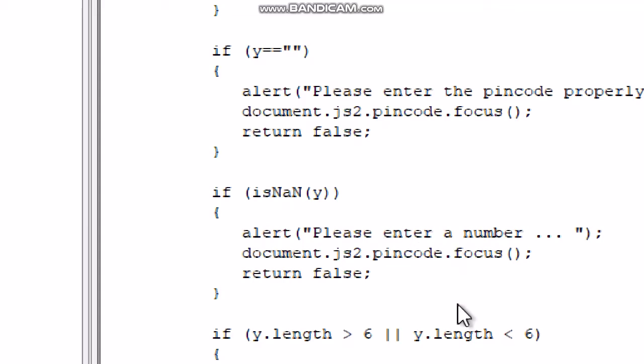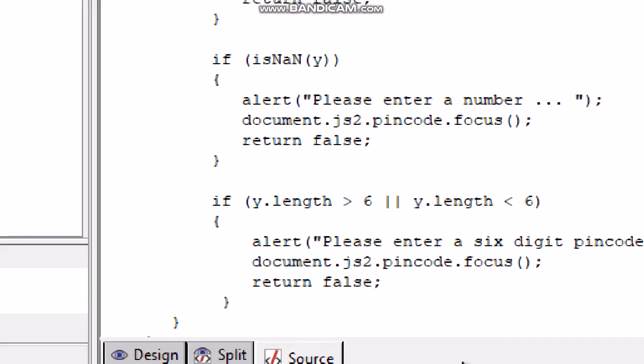Now next, this if condition checks whether the length of the pin code is more than 6 or the length of the pin code is less than 6. This symbol is called the OR symbol.